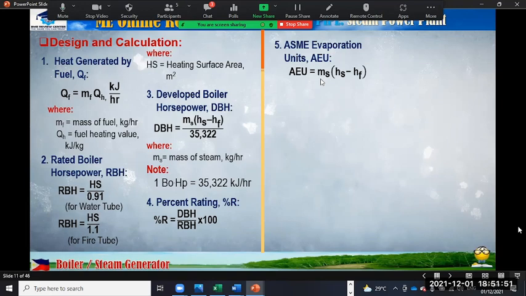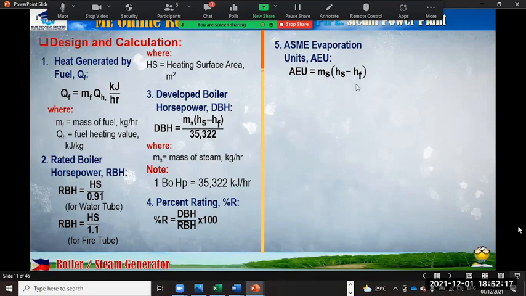And this is equivalent to the actual energy absorbed by the steam. And the unit for this one is expressed in terms of kilojoules per hour. This is kilojoules per hour because mass is kilograms per hour, and this one, the enthalpy change